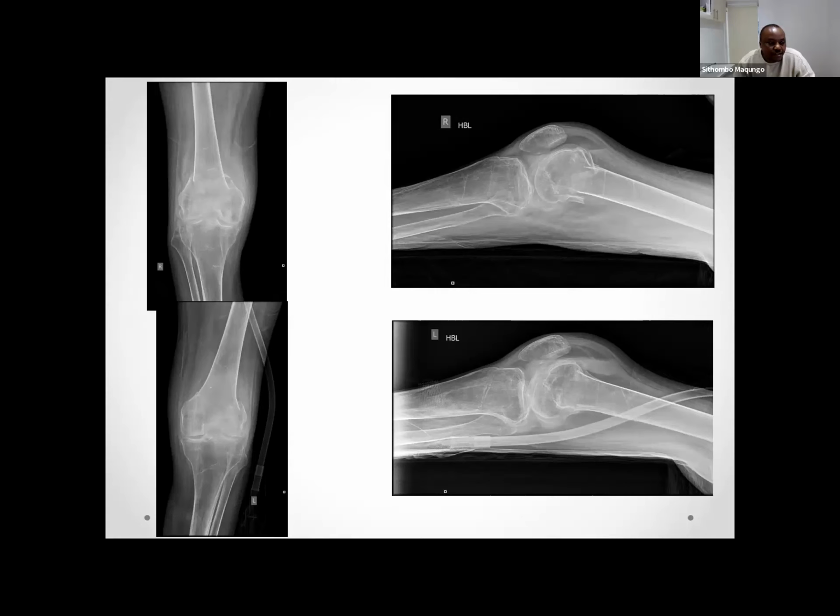So I think you have to think that you're setting him up for a non-union, also because he's got no bone architecture there, so there's not much to work with in terms of healing. So after consultation with the patient and seeing his pain level, the option would be for bilateral locked distal femoral plating with the maximum number of locked screws in that metaphyseal